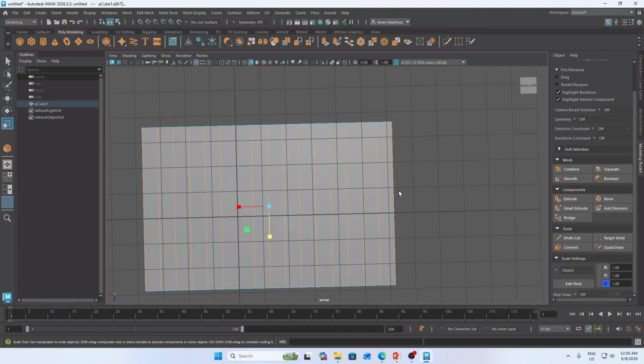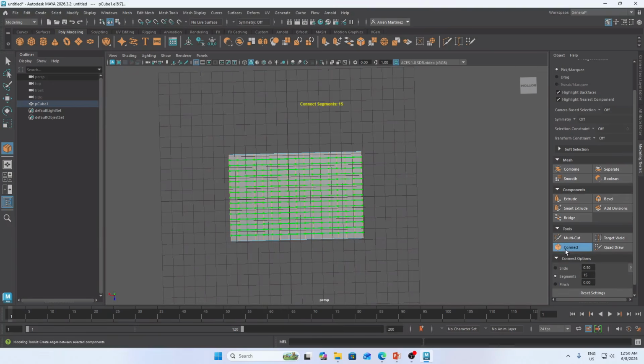And then I will go again into the connect, and let's say I will decrease the segments to 12 to make it square. Okay, for the segments to take effect, just go here into the viewport and then press enter.